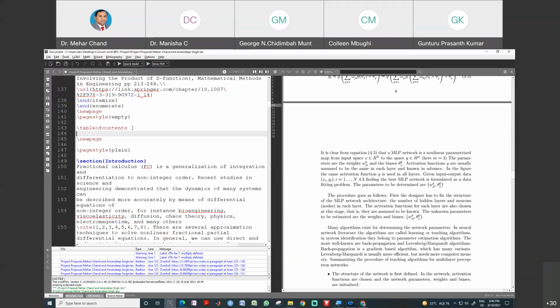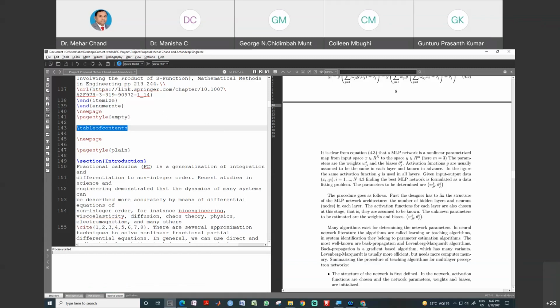I will explain it again. See at this place, this command, slash table of contents. So what is the purpose of this simple command? This will index the whole document. And when we prepare any thesis, any synopsis, any book, we always use these simple commands. Okay. So see the importance of this one.